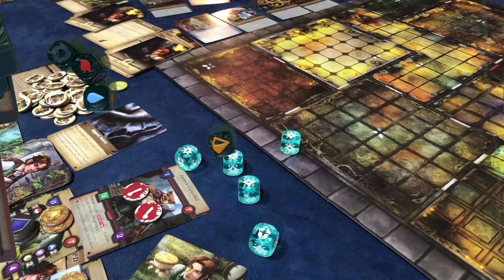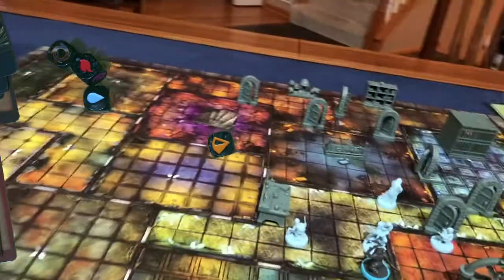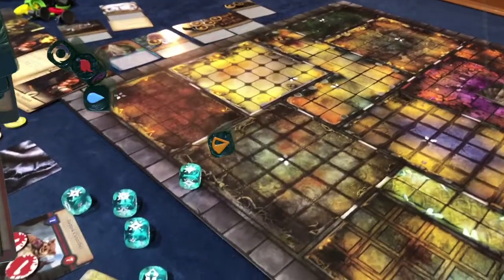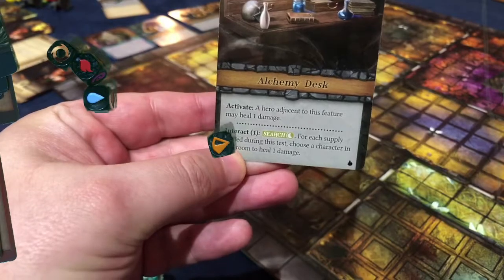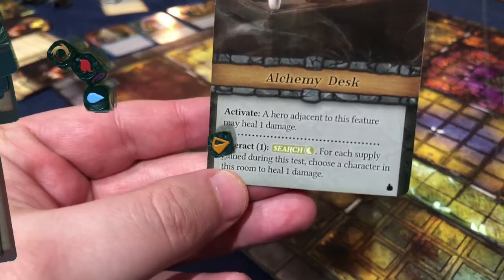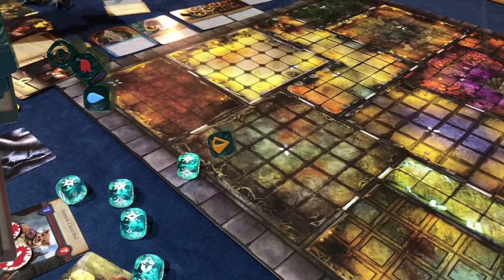The good news is he's not near an enemy, so it's going to be these crappy resist cards that just globally attack you that are his threat. But he is next to the alchemy desk. Oh, sorry for bumping. And he can do a search in that room, and he'll be able to heal with the searches. Because you can see here, for each supply gained, choose a character in this room to heal 1 damage. So we're probably going to take advantage of that and get a search in for him. Alright, so with that being said,